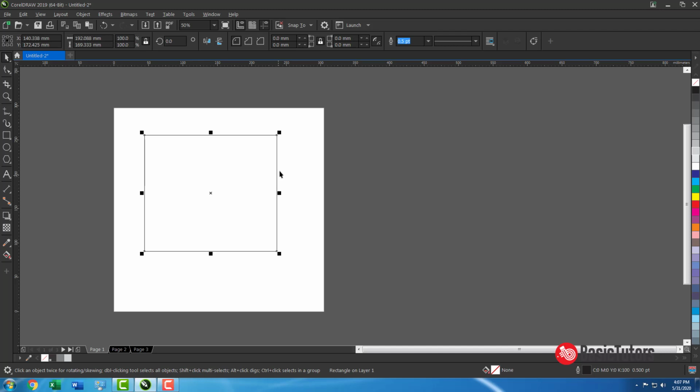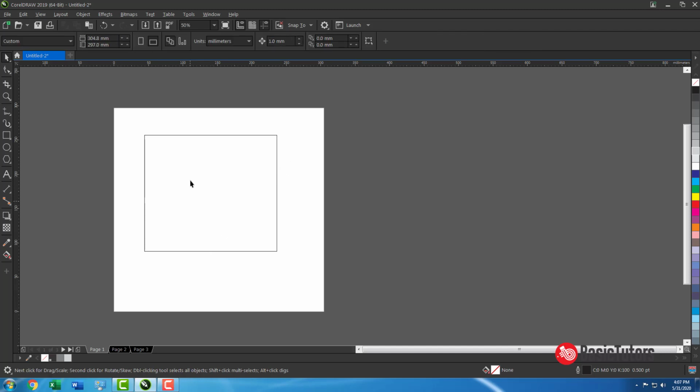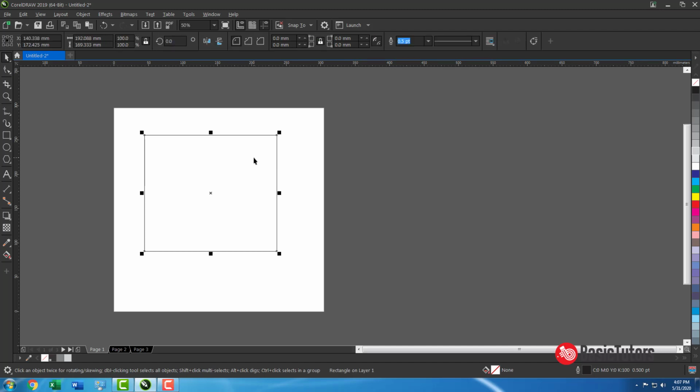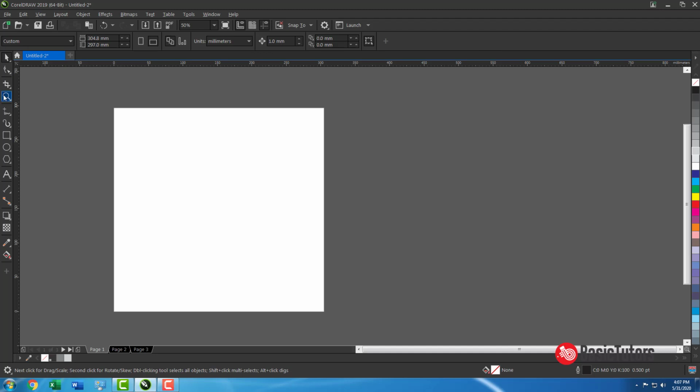For example, it is not filled, so there is no object here. If you click it, it won't select. Suppose you select this option, you can click anywhere inside the object and it automatically selects.